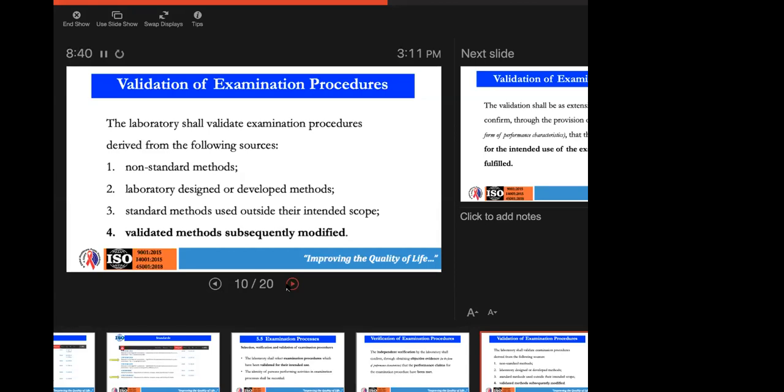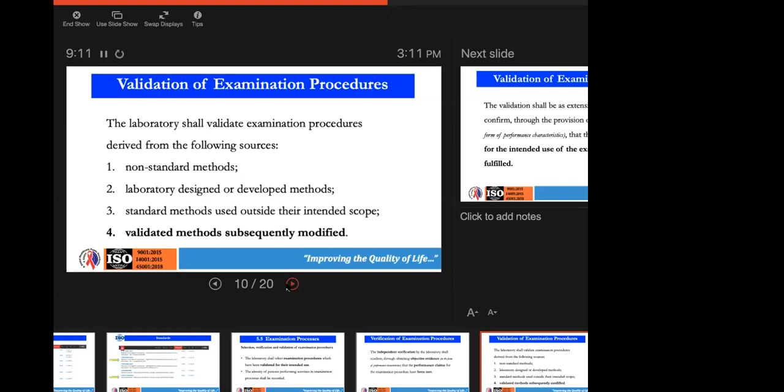Then validation, of course, needs to happen for standard methods used out of their intended scope. There are well over 374 different test kits out there for testing for COVID today. However, they're very specific about how you're going to use them, whether as laminar flow test kits, serological test kits, or for a polymerase chain reaction test. If you change the actual element of collection, in the case of serological testing, that's going